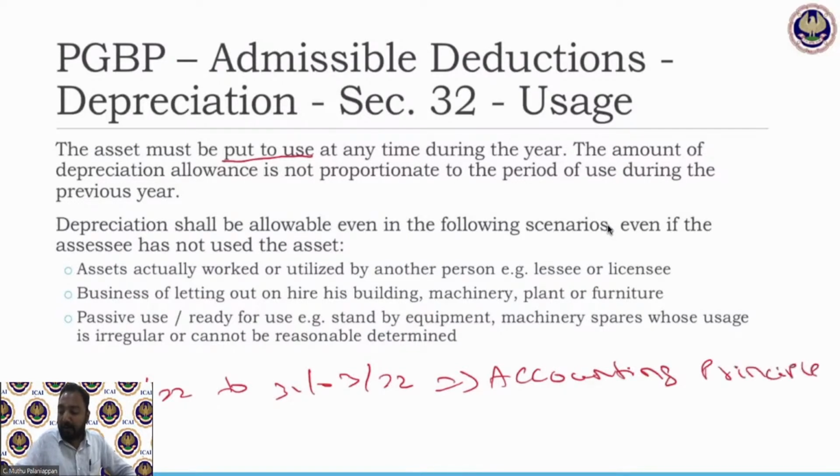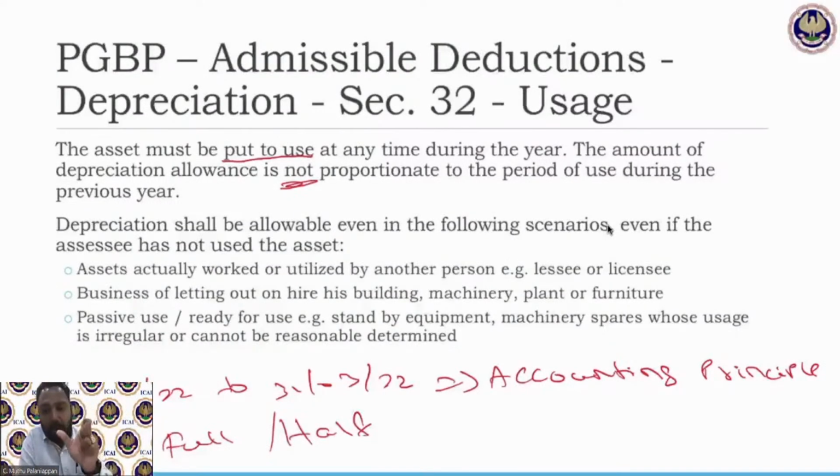So that is the accounting principle. Correct? But when it comes to income tax, it is not proportionate to the period of use. Then what is it? It is either full or half. Either you provide whole year depreciation or you provide half year depreciation, depending upon a cutoff date. We'll see that in the subsequent slide. So typically, that's how you provide depreciation. So now this must be used. So depending upon the put to use date, you either treat it in full or you treat half of the depreciation. Now, depreciation shall be allowable even in the following scenarios, even if the assessee is not using the